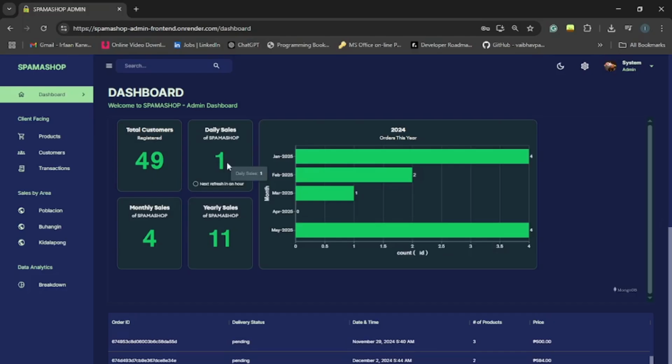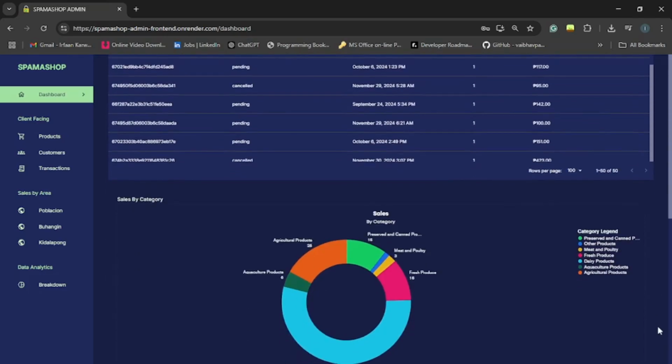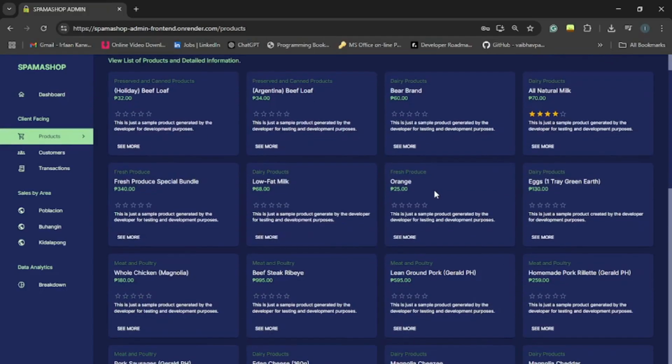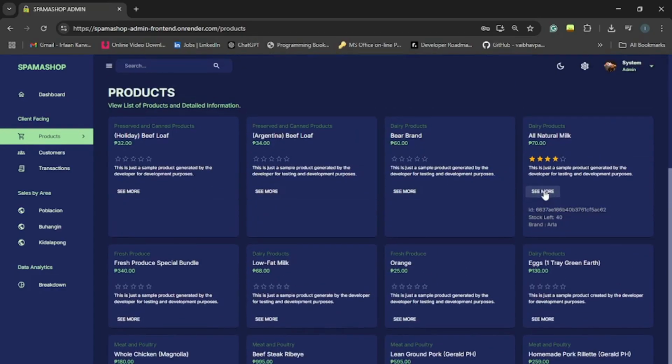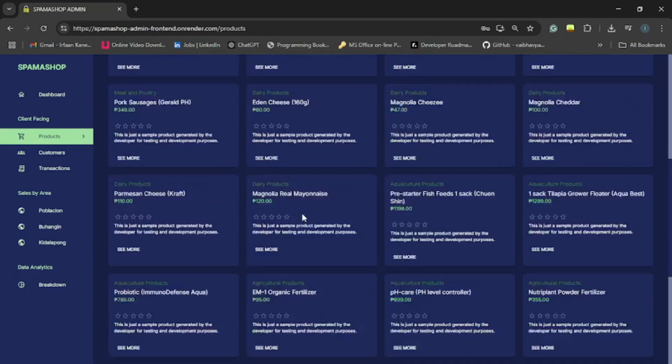Okay, so as we can see, we have a daily sale one, meaning the sale that we just did earlier reflected in our platform. So this is basically the overview or the dashboard of the entire monitor dashboard or admin dashboard. We can see the products here, so we can see the ratings of the product itself. Okay, we can see more the stock, the brand that they have, and yeah, we can obviously see the products